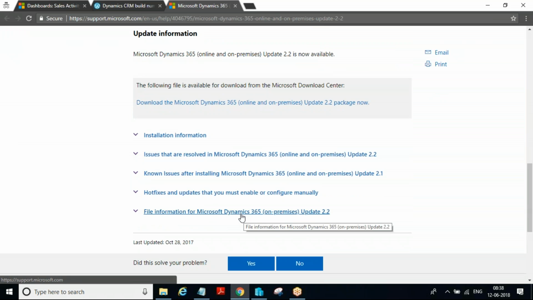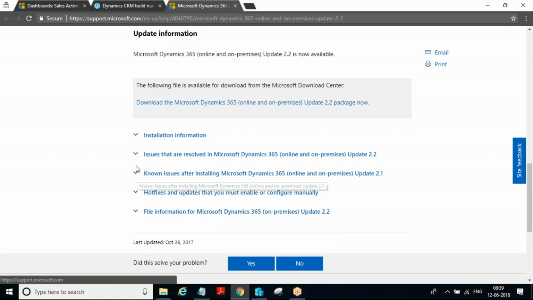In online also, we will do this update. In online, who is going to do it? There is an option from the administration side in online, where you can go and update your system. If you don't update, a time frame will be given by Microsoft, and if we have not updated within that time frame, it will automatically get updated in online. But in on-premise, we have to do the manual updates.